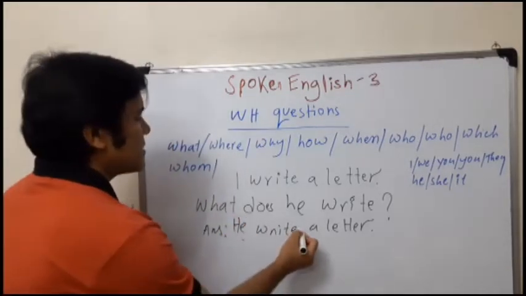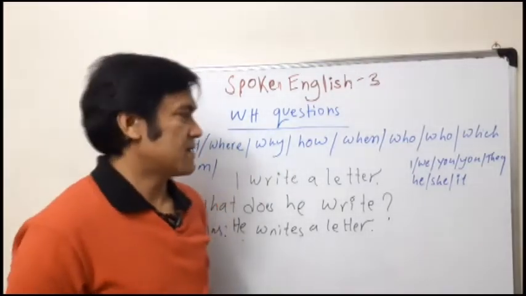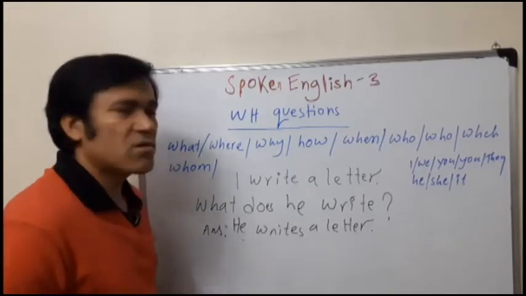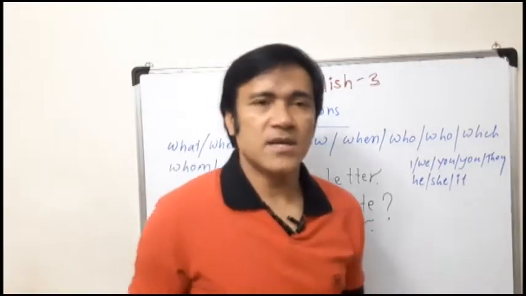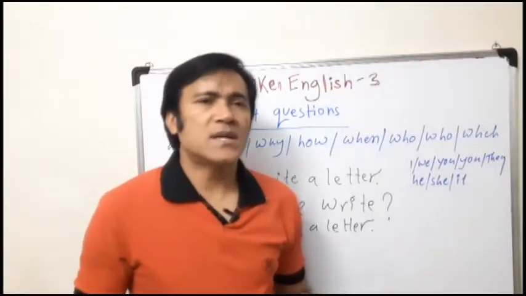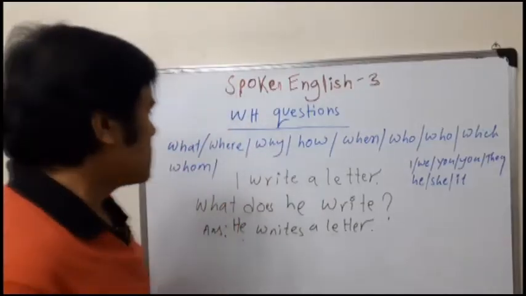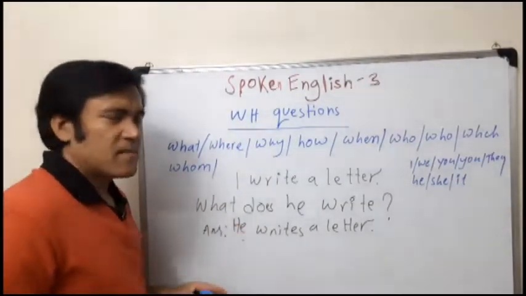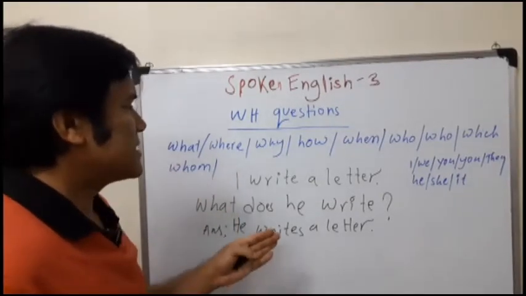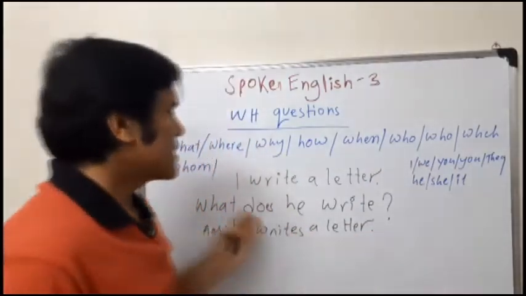He writes a letter. Or you can say, what does she write? She writes a letter. Or you can say, what does it write? So, we have seen how to ask question using what and changing the subjects you can make